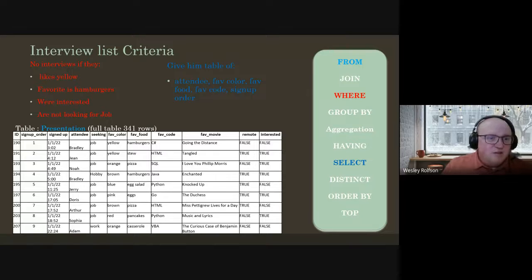Yep, fave color. We want to make sure that we don't want hamburgers. We don't want yellow. And we don't really want them to be interested. We want all negative. So instead of equal,